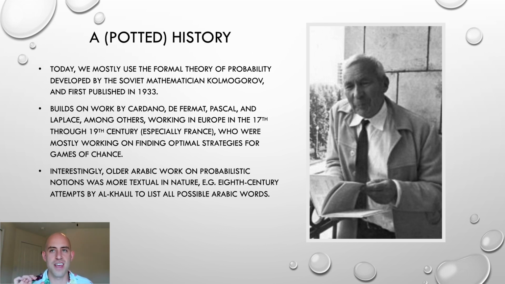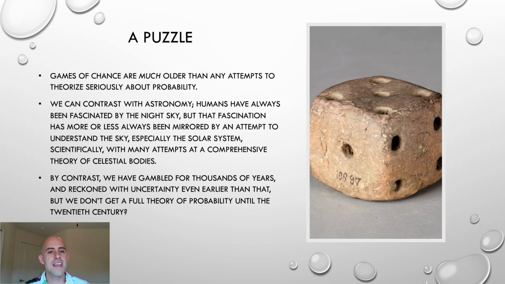Al-Khalil was interested in the possible combinations of words in the language he spoke, right? So there's this long tradition of using probabilistic concepts to think about the structure of language and the structure of text. And obviously that's relevant in a humanities analytics context. Nevertheless, there is still a puzzle here, right? Which is that